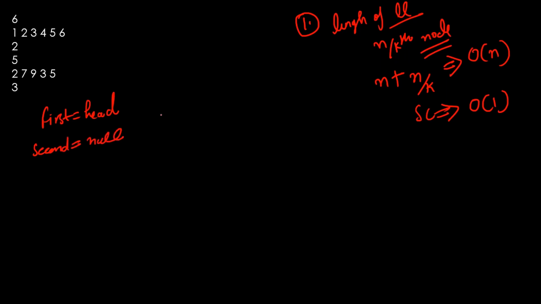So just think about it, if we are making k jumps for the first pointer, we'll be using that approach: for every k jumps of our first pointer, we'll be making just one jump for our second pointer. So by the completion of this linked list, your second pointer will be pointing to the n by kth node for sure. I hope it sounds a little bit confusing for you.